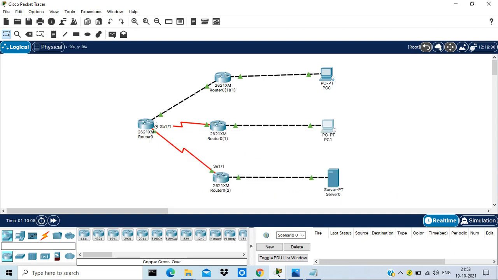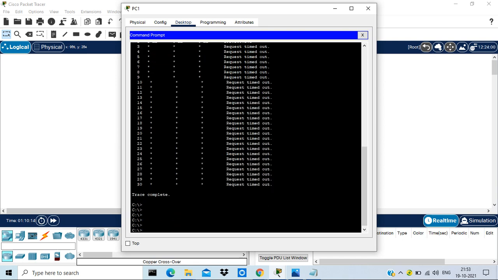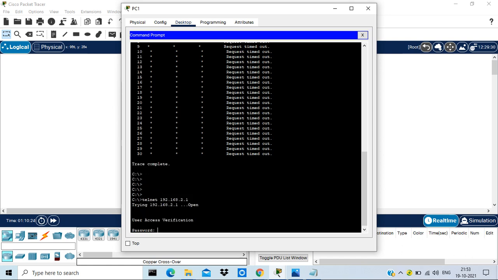So I'm going to PC2, and here I'm giving 192.168.2.1 and hit enter. So again it is asking for a password. Currently, since I have not enabled the access list, you can access telnet from PC1 and from PC2.